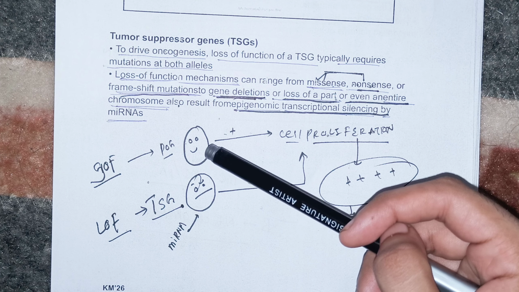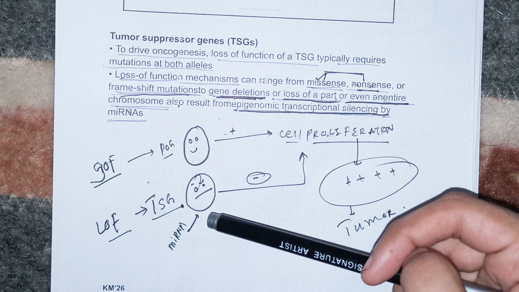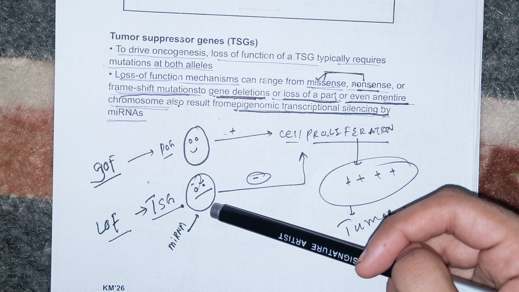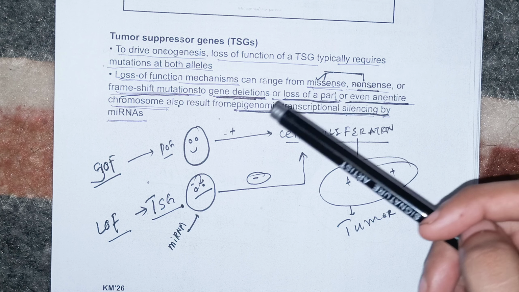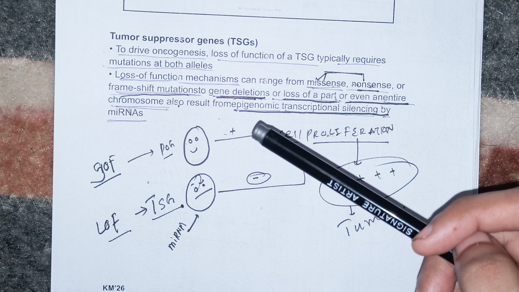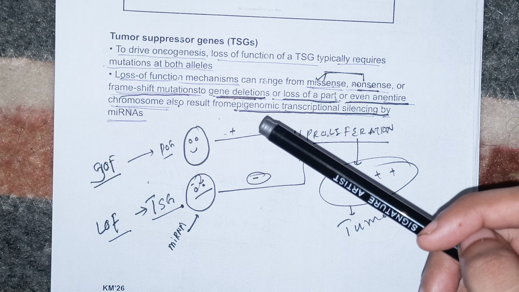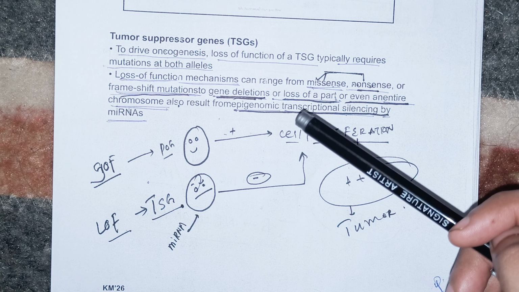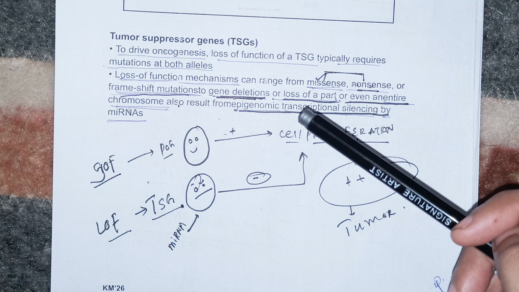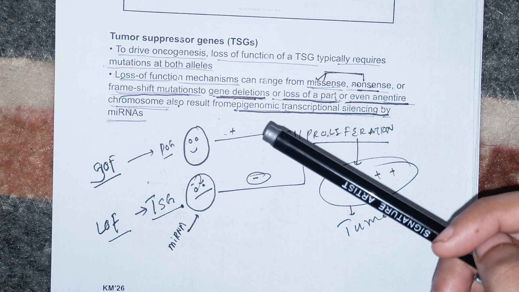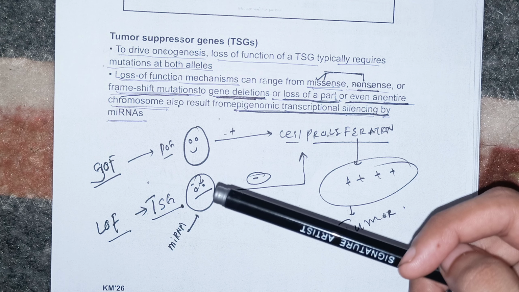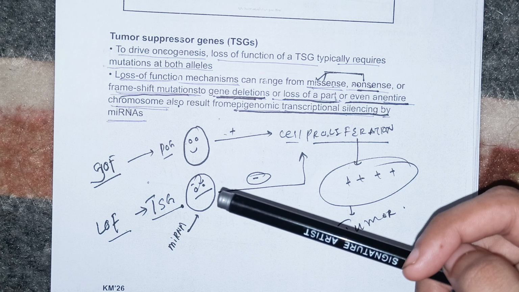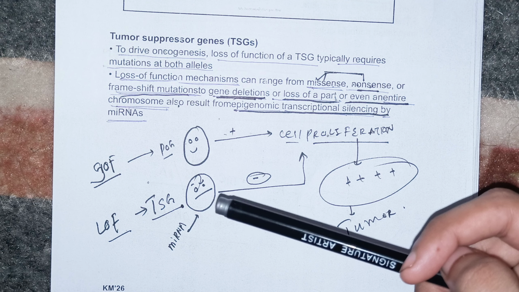Chromosomal translocation and point mutations. And for the tumor suppressor gene, the reason why their activity is lost can be missense mutations, nonsense mutations, some frameshift deletions, and there can be the loss of part or even an entire chromosome, or epigenetic transcriptional silencing of the gene by microRNAs, that is the miRNAs. miRNAs may be responsible for epigenomic transcriptional silencing of genes, leading to the silencing of this gene, and this gene will not show its function anymore, so it will be lost. I hope you are clear with this concept, beta.